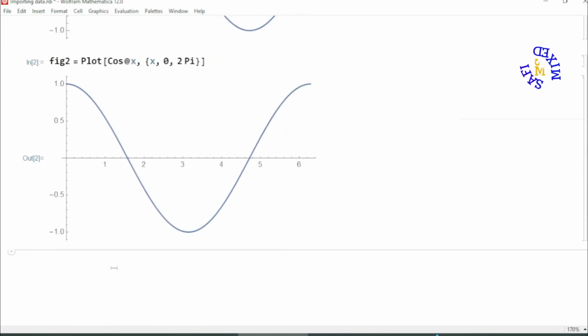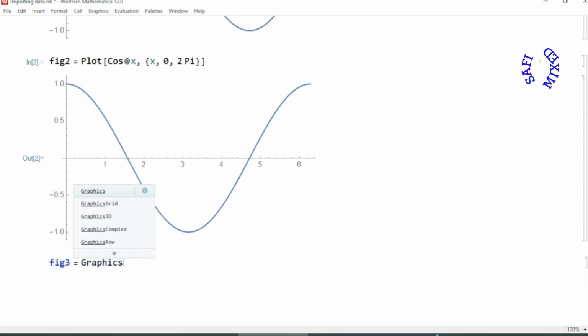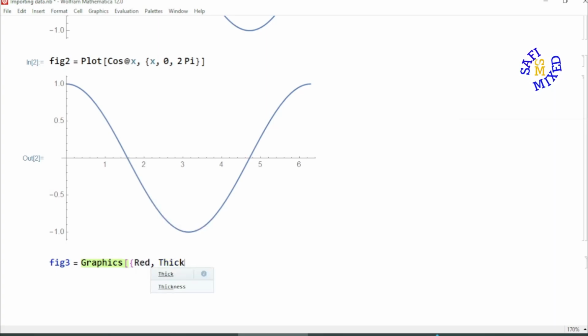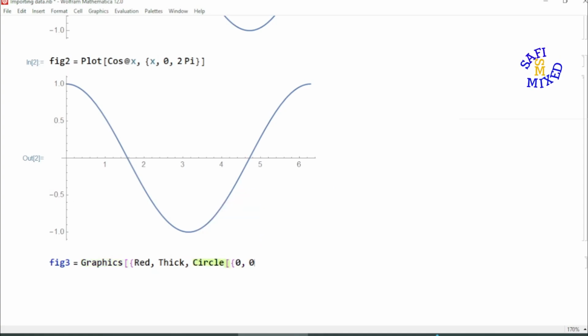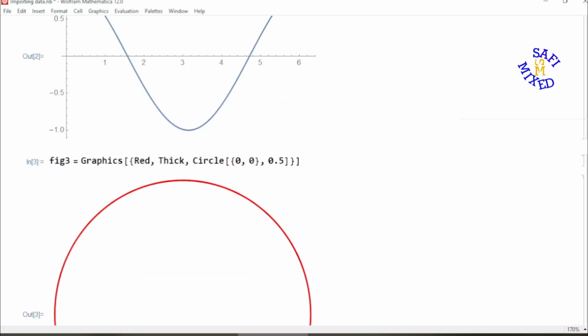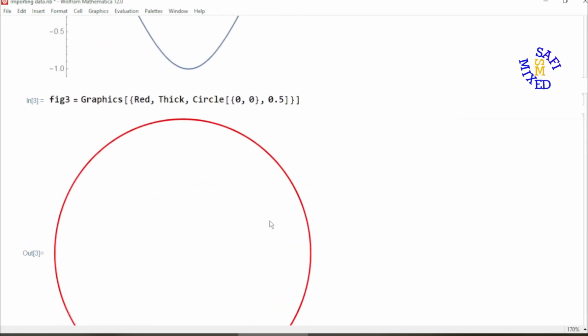So we have these two figures and I add one more figure, figure 3 equals Graphics, and inside the graphics I give it Red, Thick, and then I create a Circle {0, 0} as the center, then after it is 0.5, closing this, and then I close first the curly bracket and then the square bracket and run this. So I have the circle now,